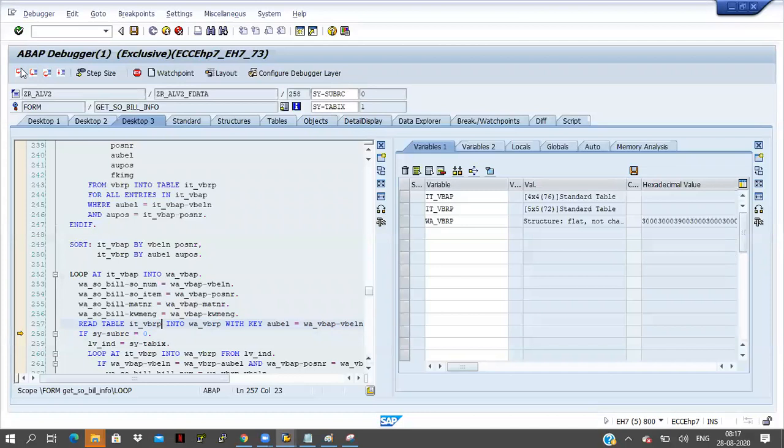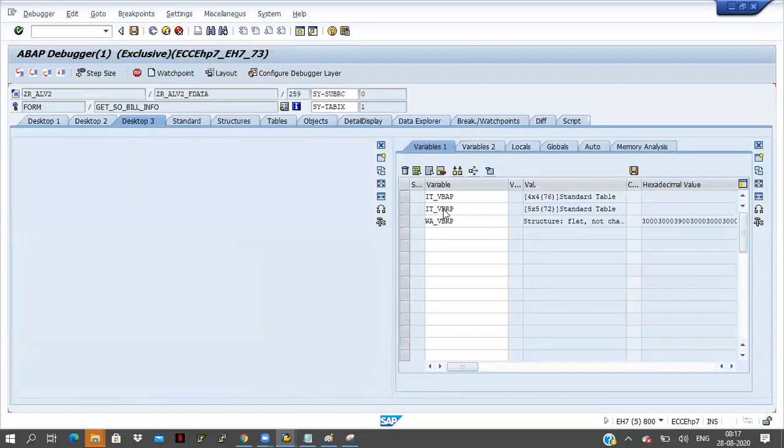Click on F5 button. Here SY-TABIX means the index number is coming, the index number for this IT_VBRP. I am reading the table IT_VBRP into work area VBRP, passing a condition, so that record is available in the first row of the internal table.